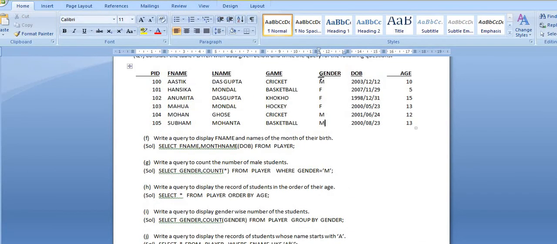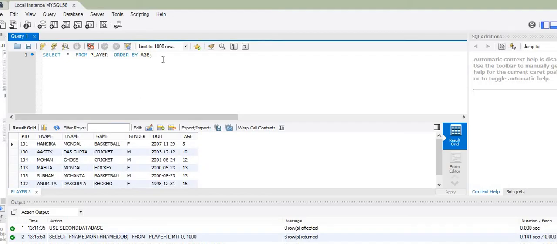That means I cannot use the where clause now, because I have to display the number of the students. In this case I have to use the count star function for that, and since I am going to display the entries of count star gender wise, that means for both the values of gender, that is m and f, I have to display the number of the students. In short, we can say that we are required to display the total number of students for every gender. That means how many students are there for the gender m and how many students are there for the gender f. So for that we have to write the query as